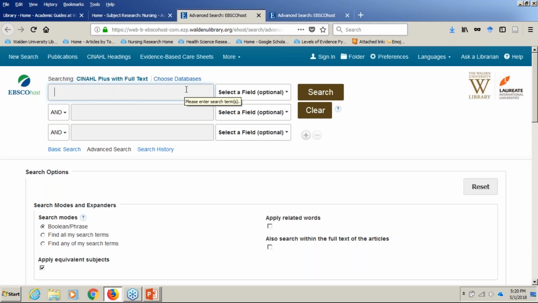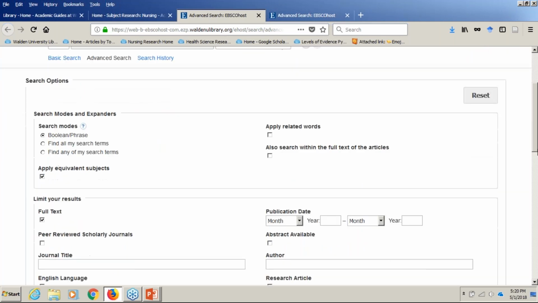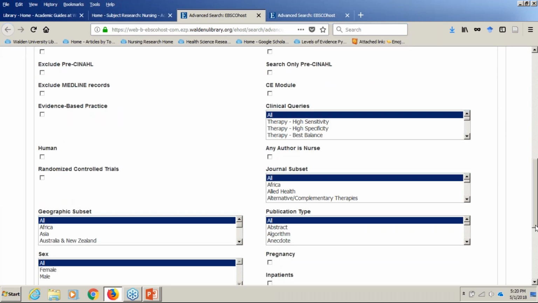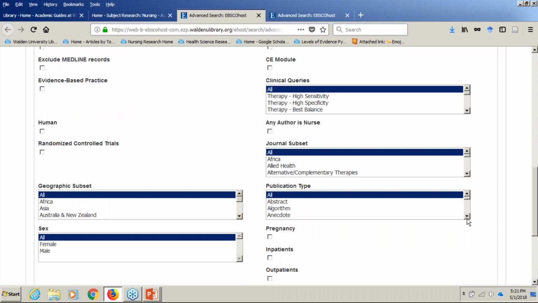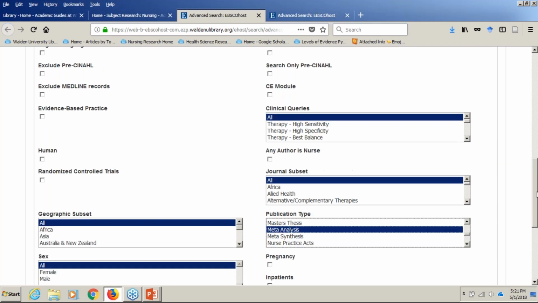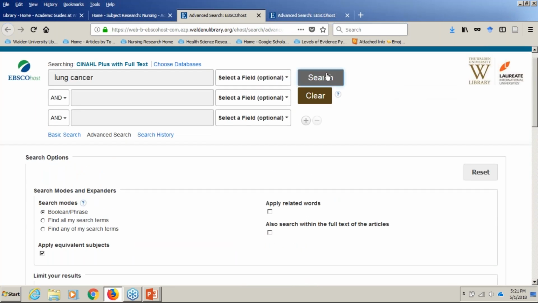But I'm going to do a very broad topic still here of lung cancer. I'm in CINAHL. And I'll show again how to get into these databases at the end. I'm just going to start with my broad topic of lung cancer. And I'm going to scroll down in CINAHL, and it's just like we've seen already. I'm going to go to the publication type box and scroll through. They're in alphabetical order, which I'm so glad they are because I would go past it every time. And I'm going to click on meta-analysis. Pretty self-explanatory, but it is there. Some people just don't even know that it's there,